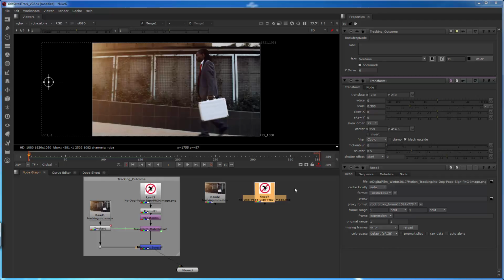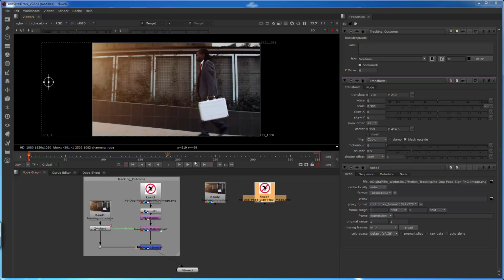Alright, so here's a quick tutorial on how we're going to get our track, it's just a basic 2D track, to work. Here I have a backdrop node saying that the tracking outcome is what we're kind of going for, and that's going to be based off of just translations. So translations are what we're going to focus on. You guys are going to see that we have the tracker1 marker here, and node,